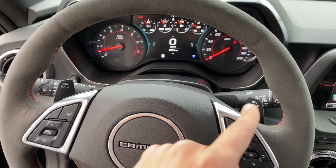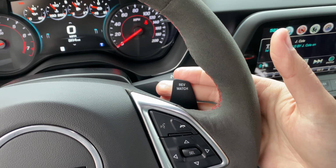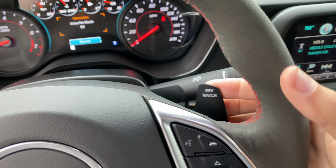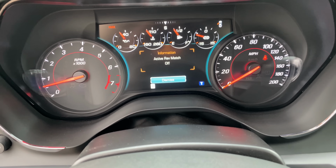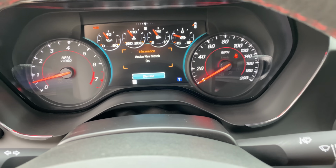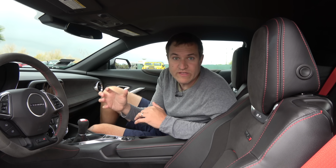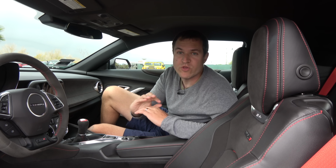Now, one interesting transmission-related item, if you look at the steering wheel, you will see paddles there, but they're not there for shifting, of course, since this is a manual. Instead, they say rev match on them. If you pull one of the rev match paddles, it turns on the automatic rev matching system. And then when you go to downshift, you don't have to rev match manually. Instead, the car will do it for you,